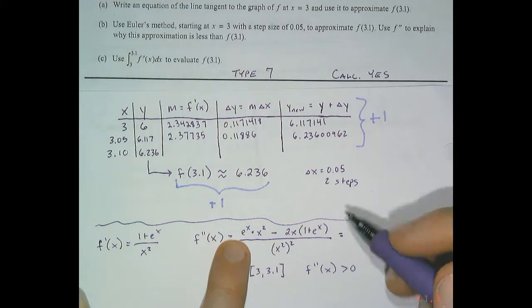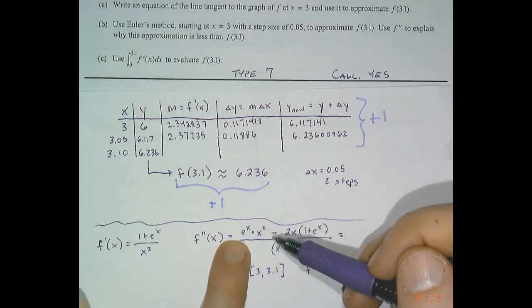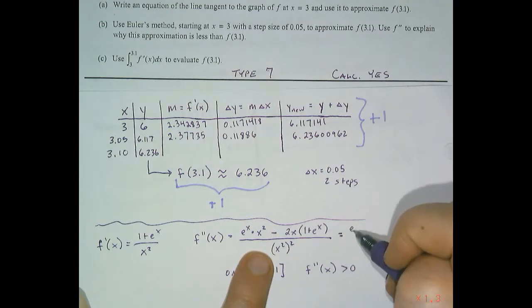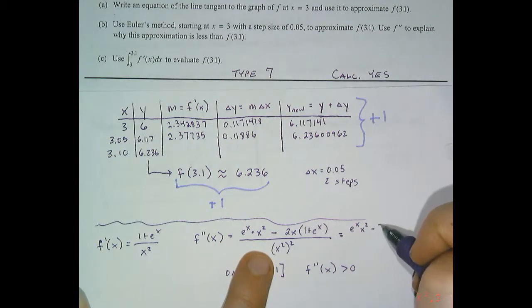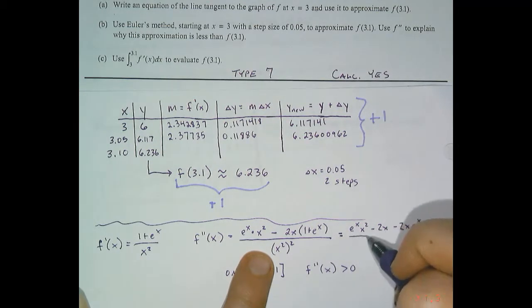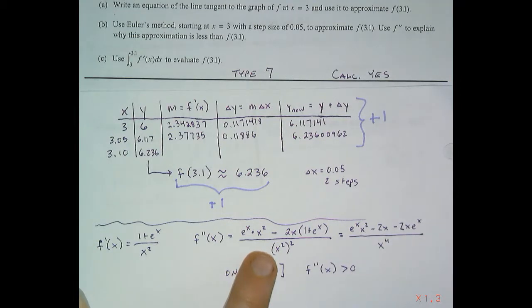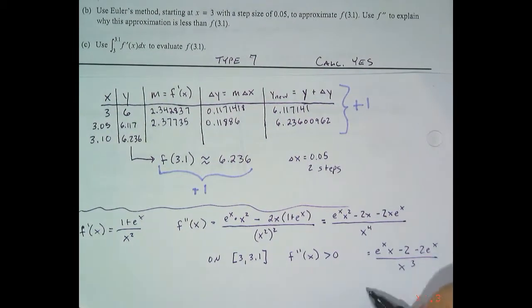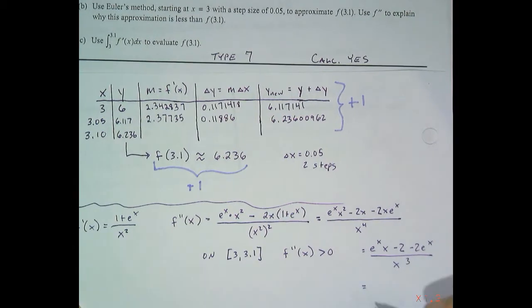If we go through, we have e to the x times x squared, e to the x squared minus 2x minus 2x e to the x over x to the fourth. You'll notice they all have x's in them, so we can pull an x out. e to the x times x minus 2e to the x over x to the third. And finally, if I do one more simplifying, this is x minus 2 e to the x minus 2 over